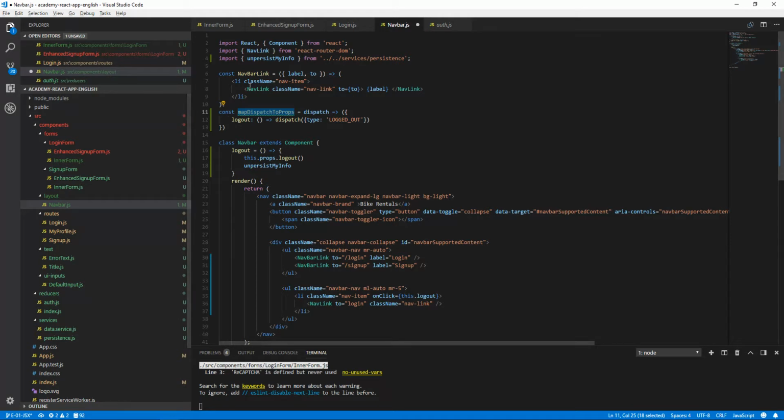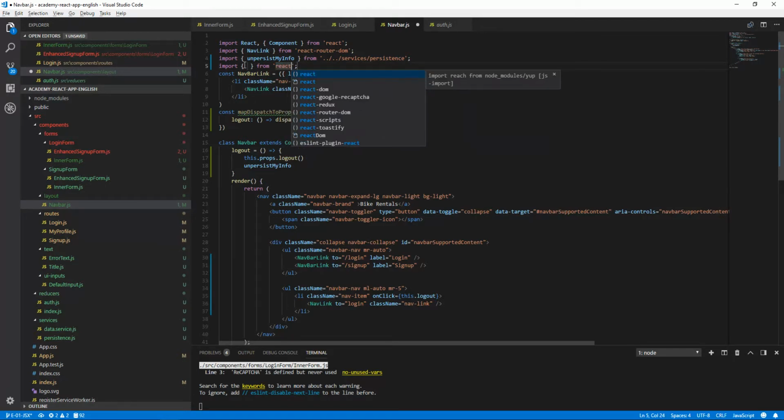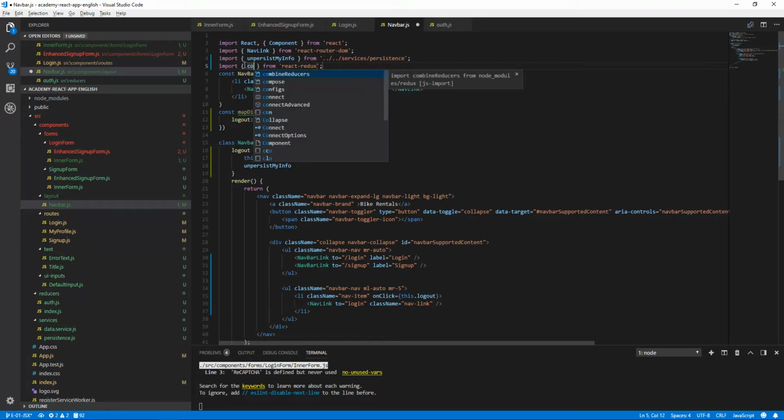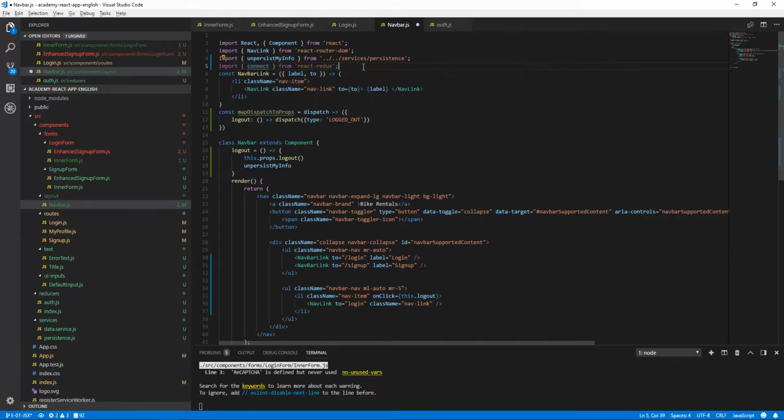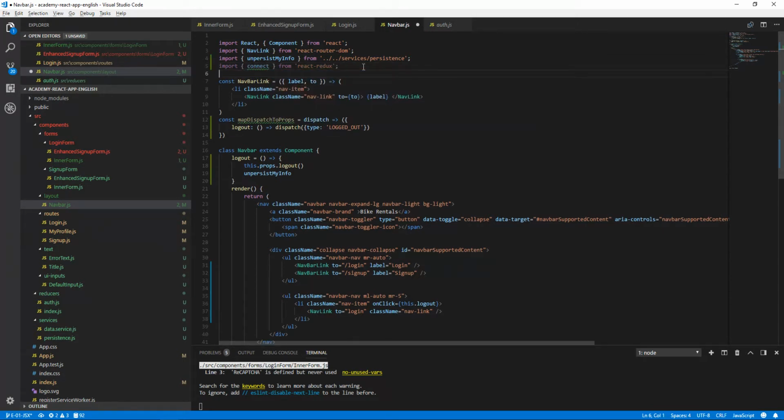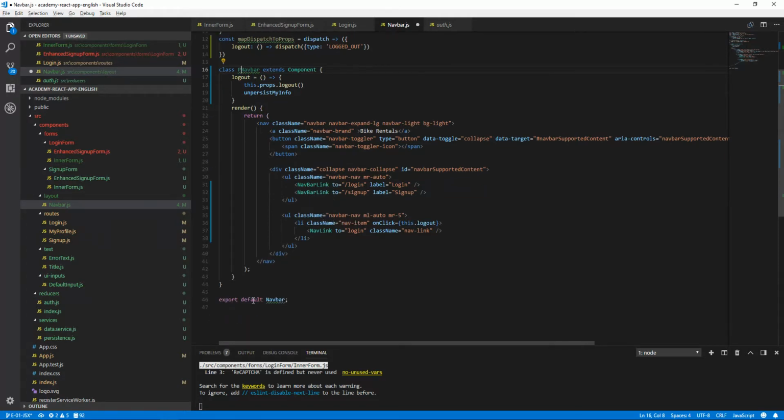Second thing, we need to import connect from the React Redux library. Now we could call this PNavbar instead of Navbar, since we are not interested in this component, we are interested in a copy of this component that is connected to Redux. So we could say right here